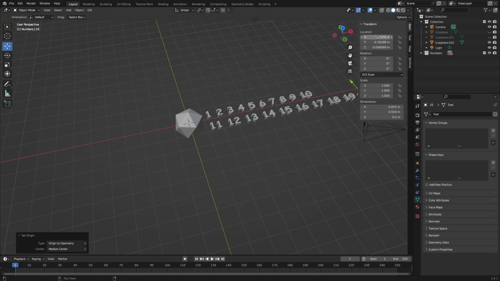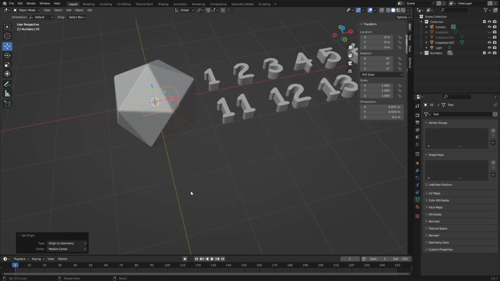Now we can put this in the center to start off with as we move it to the correct position and rescale it. We're going to need to remember that scale